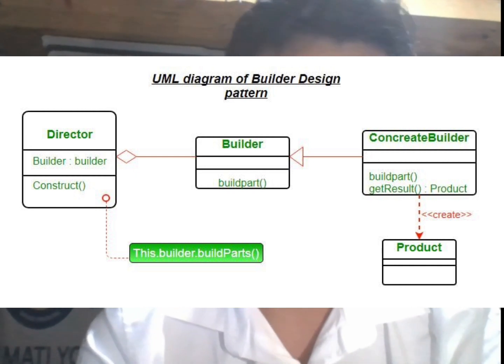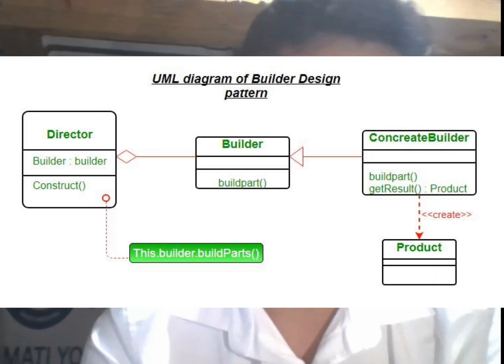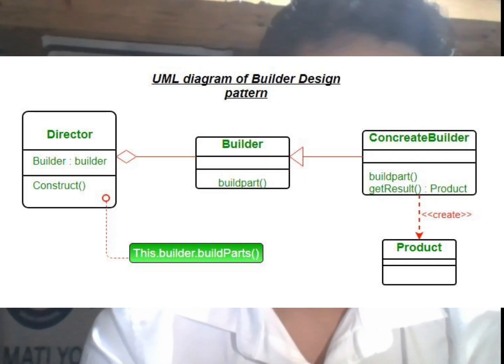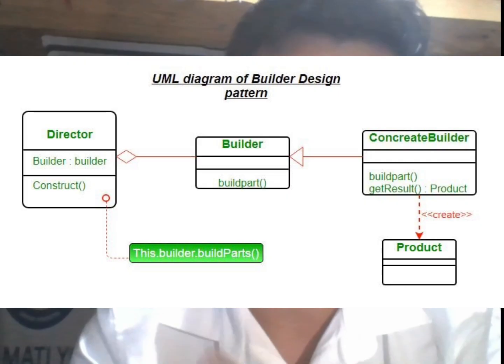So it is returned to the client as the completed object. So the function of the product is the fully assembled result of all building steps. So this separation makes construction clean and flexible.